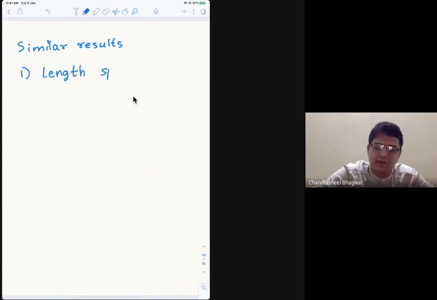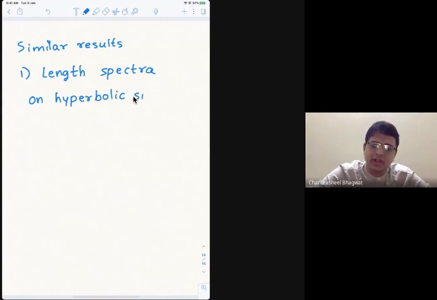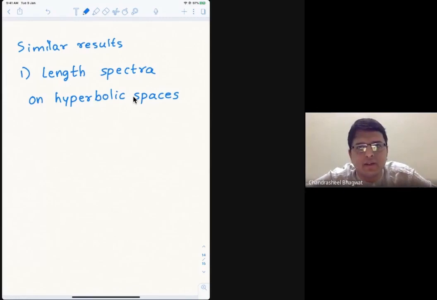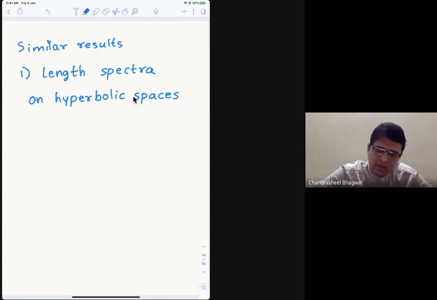So here what I do is that I looked at something called hyperbolic spaces, and then instead of talking about Laplace eigenvalues, you can talk about lengths of geodesics on these spaces. So this is now becoming more technical. I have to define so many words. What are hyperbolic spaces? What are geodesics? Geodesics are just length minimizing curves. Hyperbolic spaces are something which have negative curvature. I'll just stay put with this much. So there also similar theorems are true.